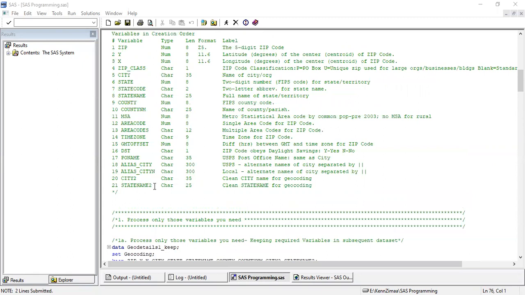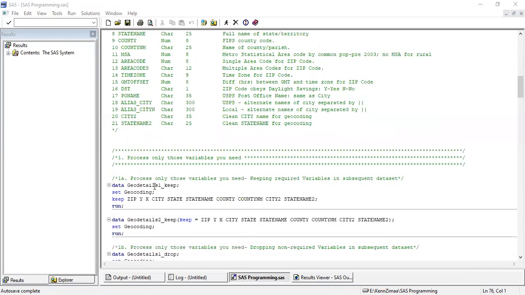From the data warehouse, from a data set, I pulled the data exactly and it contains 21 variables. But for my analytics purpose, I need only a few specific variables. So I need a new data set which will contain only those required variables, and it will drop all other variables which are not required for me.